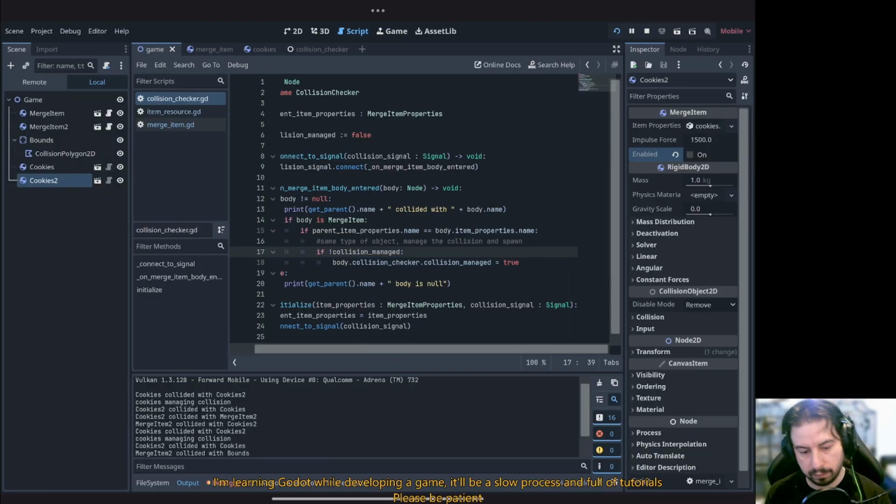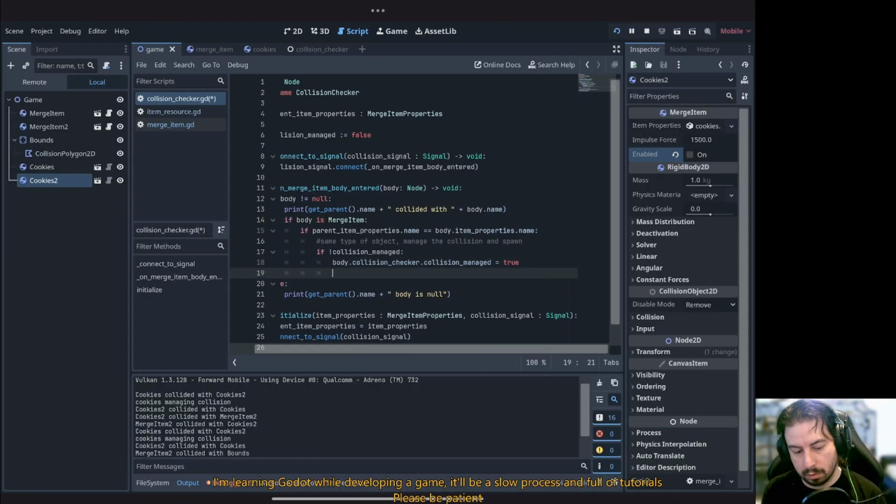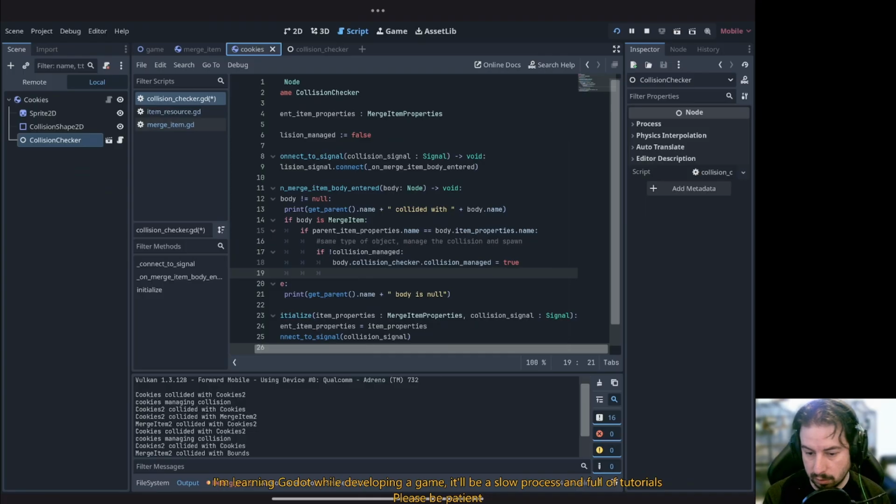So we can remove this. So first we manage the collision. Then we need to spawn the new item. So what we'll do, let's see, because the collision checker doesn't have, so we will still need to